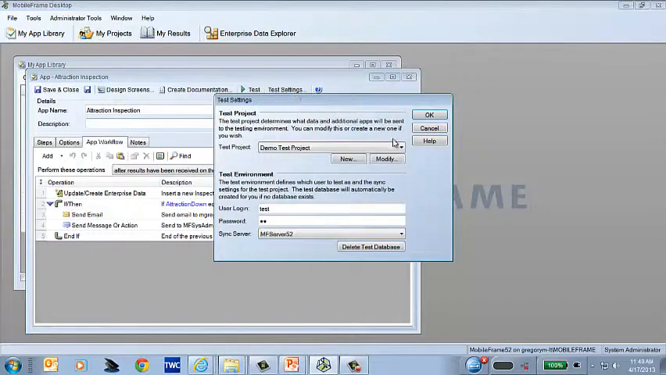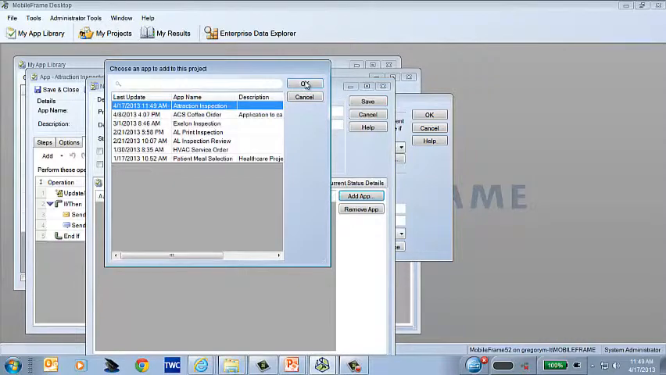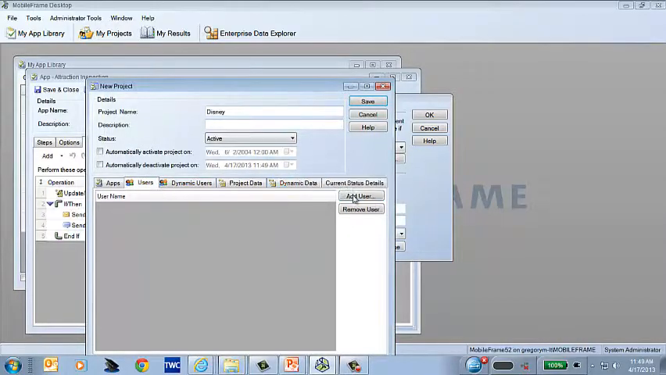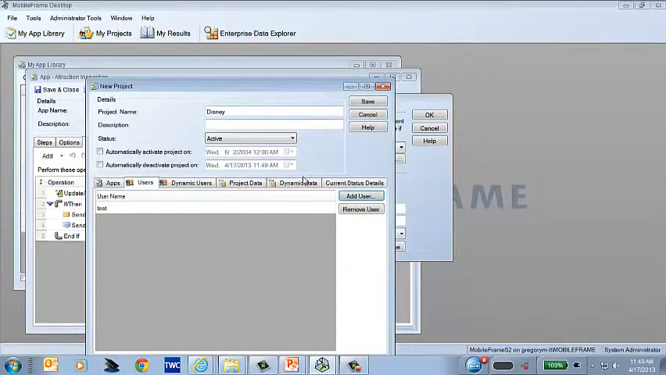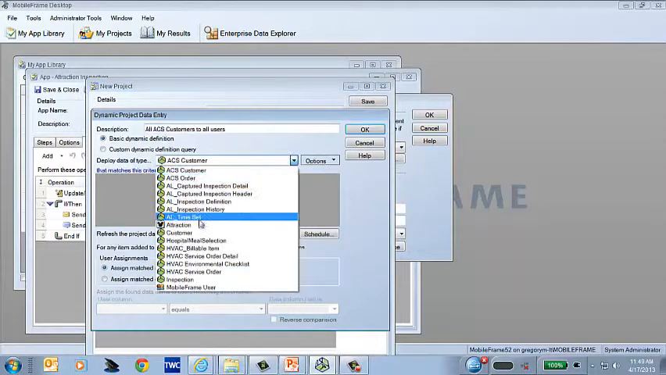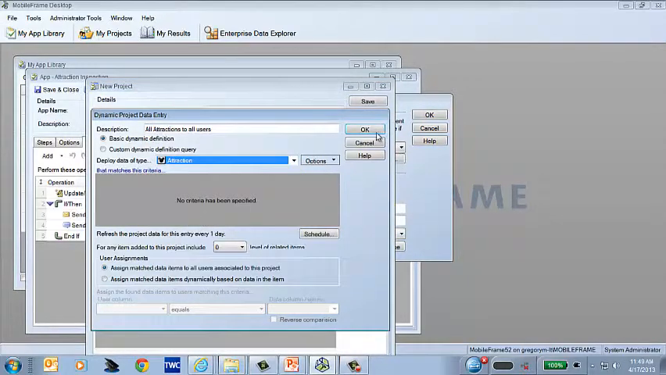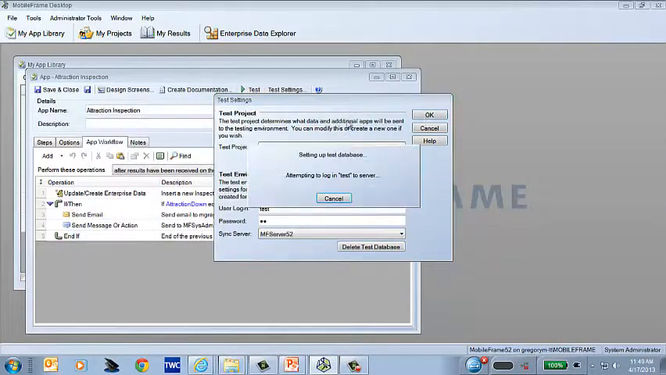So I'll go into test settings. I need to create a new test project. I'll just call it Disney. We'll make it active. I have to add the application that we just created to this project. I have to add users to this project, which can be dynamic or individually selected. And then the last thing I have to do is add dynamic data because I need to get all of the attractions out to every user. I'll save the project, hit OK,